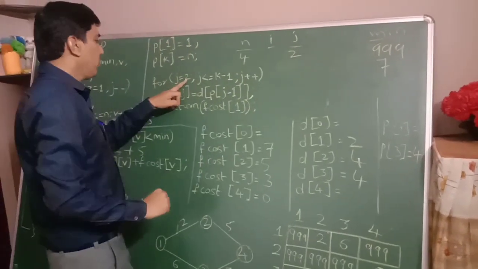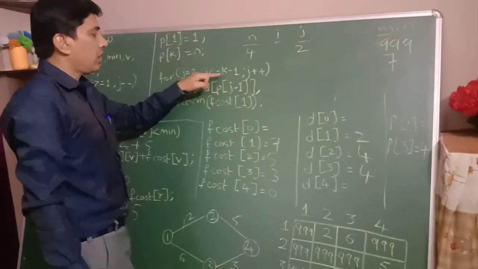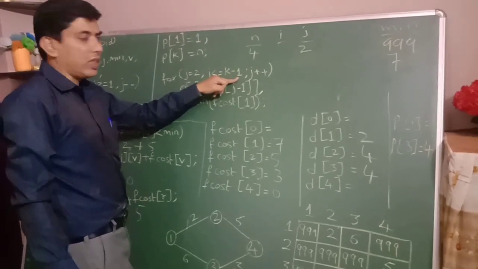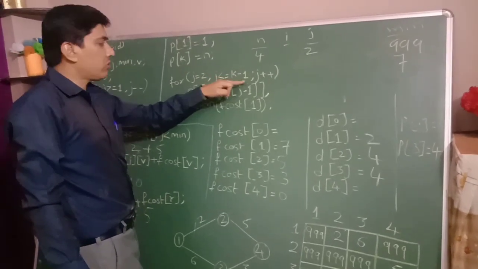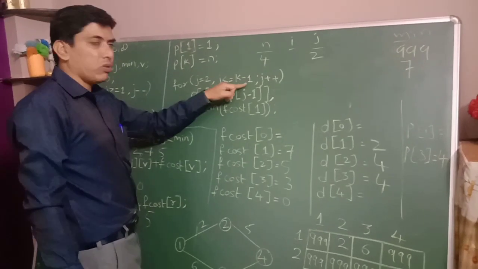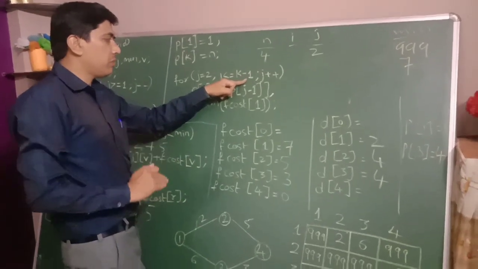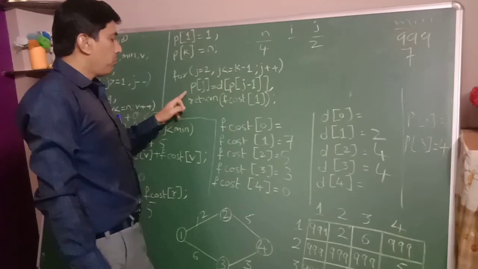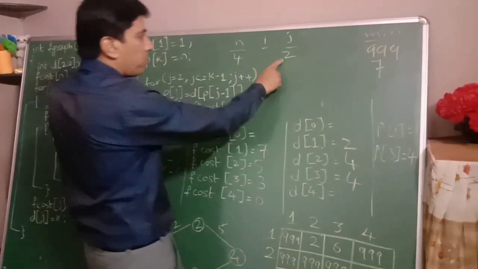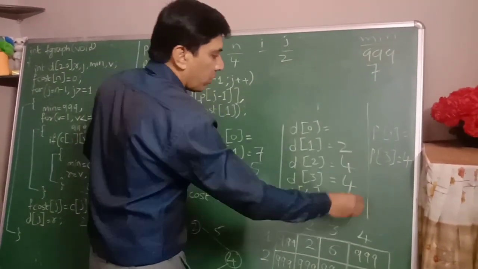J is equal to 2, right? Is j less than k minus 1, right? So k value is 3, 3 minus 1 is 2. Is 2 less than or equal to 2? Yes, the condition becomes true, right? P of j, that is P of j means this is P of 2,